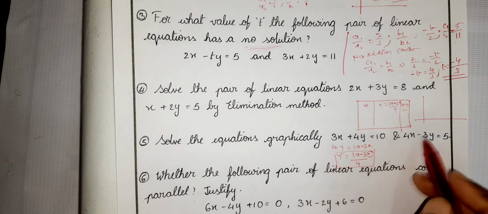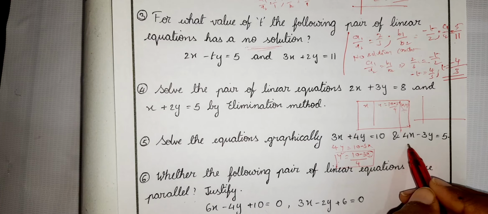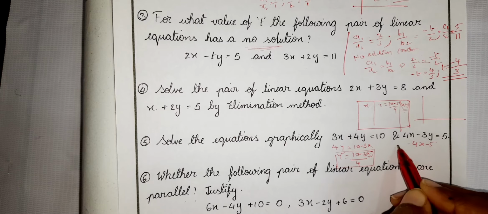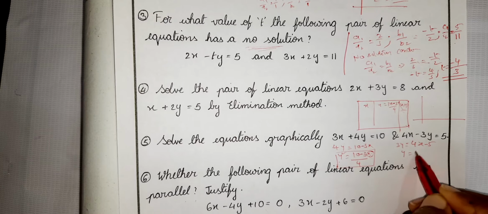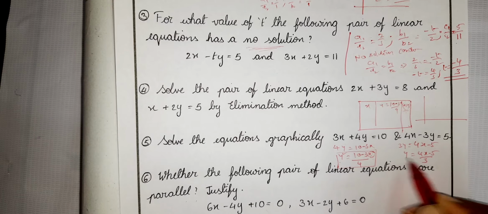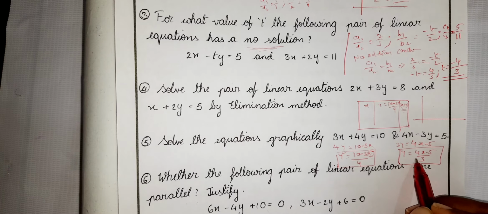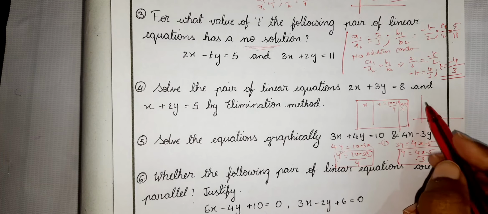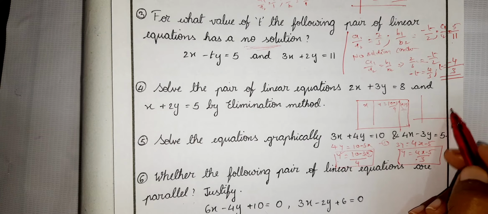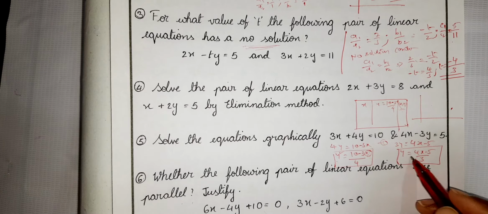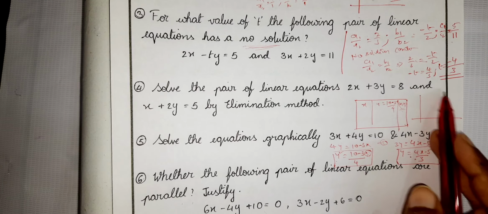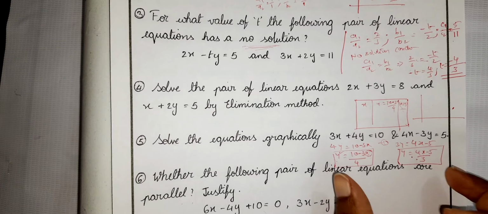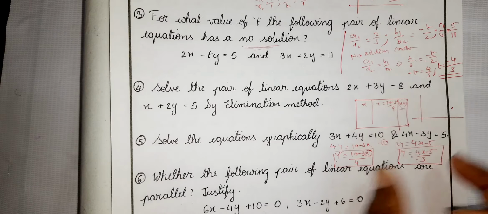So you have two equations. From here also you will be getting y as, right, 4x minus 5 is equal to 3y, or y is equal to 4x minus 5 by 3. So you have got one more y. Whichever line you get from equation 1, you mention it as 1. And for this equation, whichever line you get, you mention that as 2. Right? So now here we will see what kind of graph you will be getting.